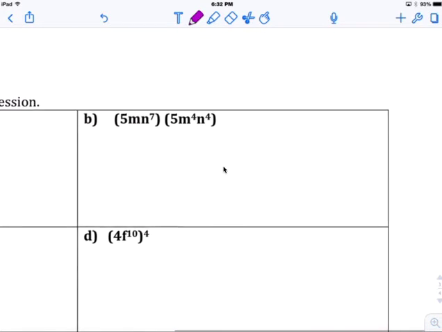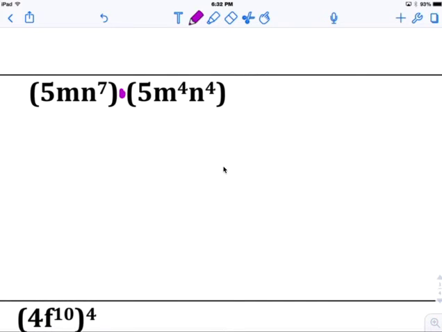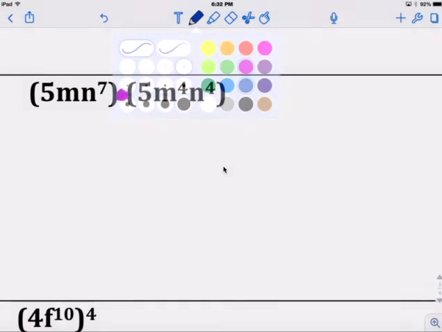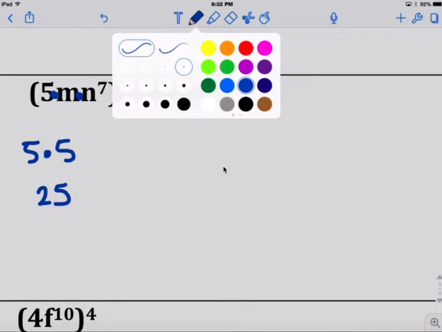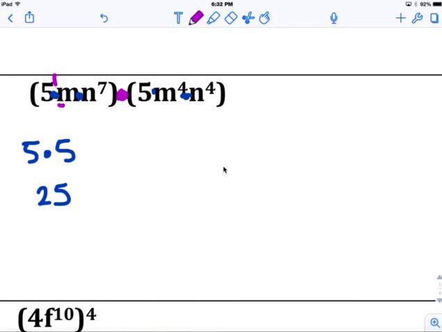Okay? This is multiplication. These are all times. So 5 times the 5, which is 25, or 5 squared if you want to put, because it's 5 to the first and 5 to the first, m to the first and m to the fourth. Let's do that one. M to the first and m to the fourth. Okay, you got m to the 1 plus the 4. M to the 5th. And then you get n to the 7th